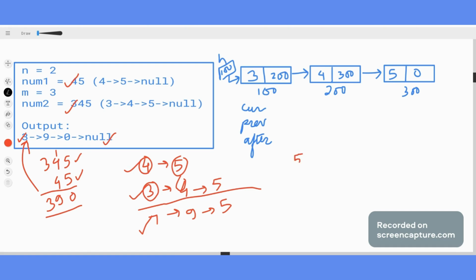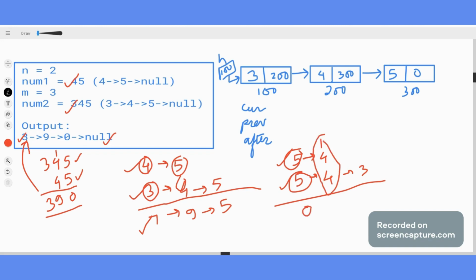Can we reverse these two linked lists? Let's reverse this first. This becomes 5, 4. This becomes 5, 4, 3. Okay, so the head is now pointing to 5 in our first linked list, and the head of this linked list is pointing to 5. Fine, let's sum it up. It becomes 10, take 0, carry 1. What if we sum it up? It becomes 9, it becomes 3. Okay, we are quite closer to our answer. Now what to do? Can we again reverse this answer? 3, 9, 0. So here we are getting our output.